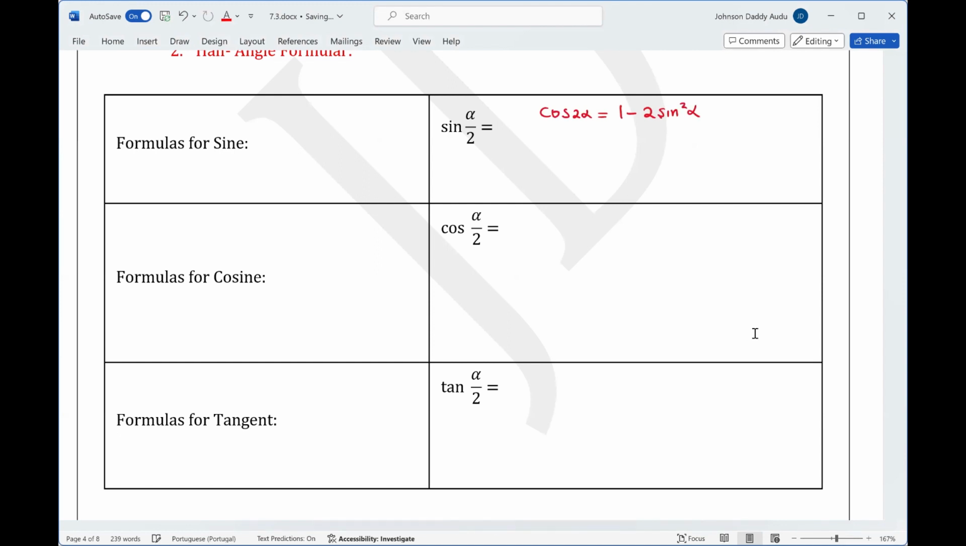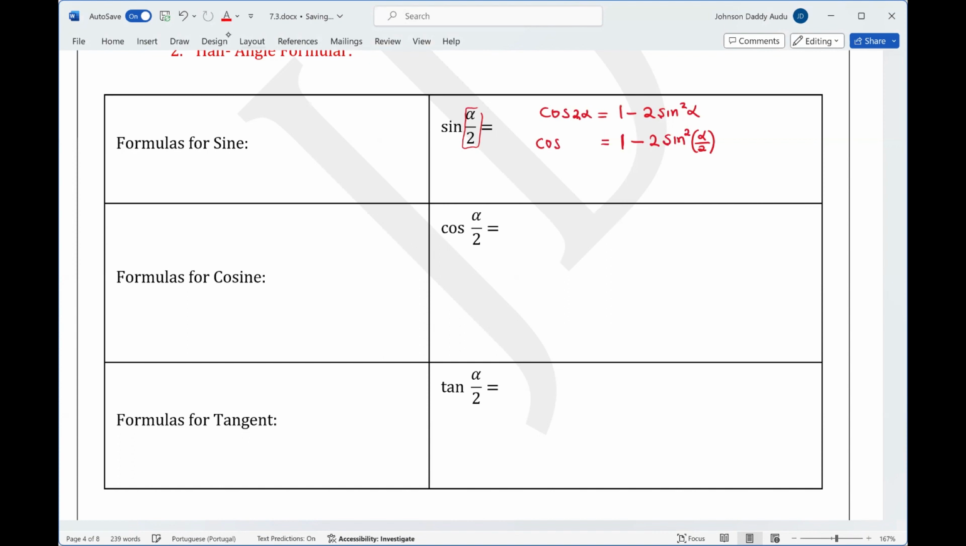So now let's make things a little bit different. You can see this is where you have 2 alpha and this is alpha. But I'm interested in alpha over 2. So we can write this: in the place of alpha, let's write alpha over 2. So it will become sine squared alpha over 2, right? Once I do that, on the right-hand side, I cannot write 2 alpha again,